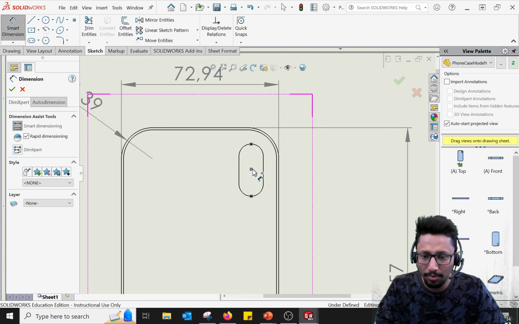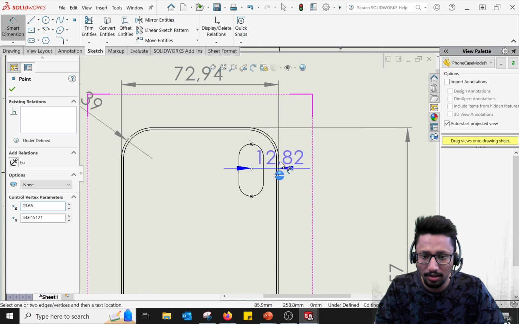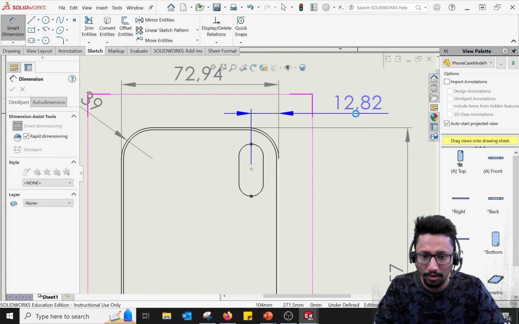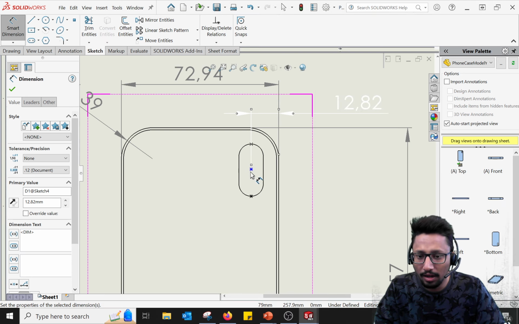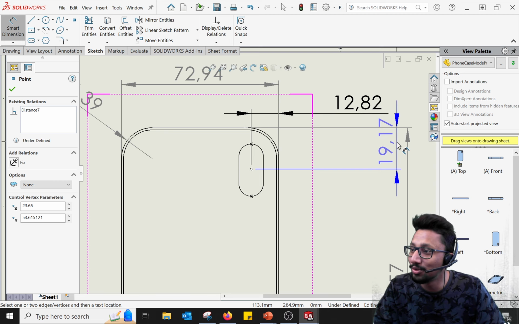So go to dimensioning, select this point, select this point or this line, and it was 12.82. Perfect. Then again select, yeah, this was perfect, 12.82. Then again select this point and select this line, and this distance was something like, now it's 19.17. You see, it's so different. The moment you select,